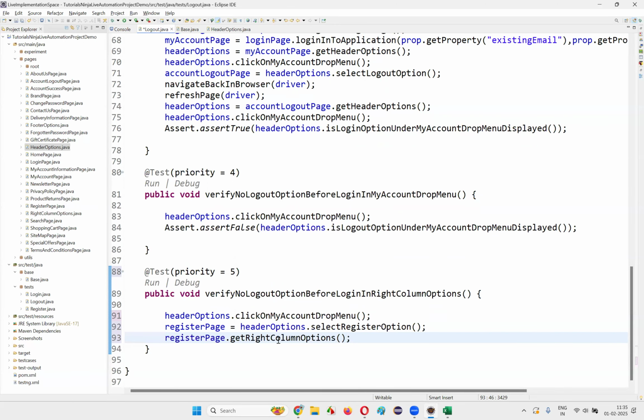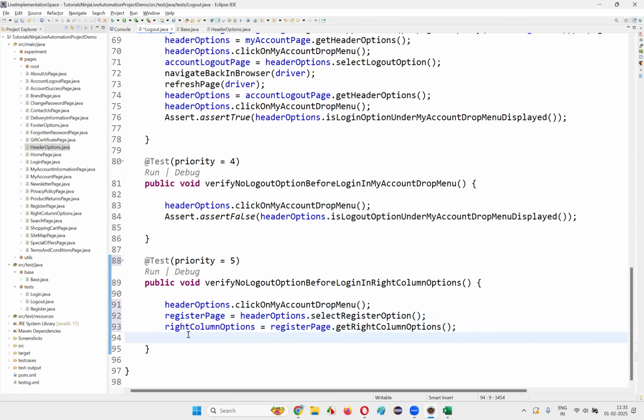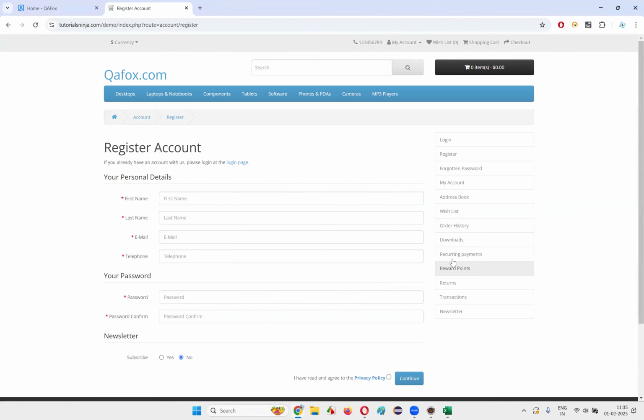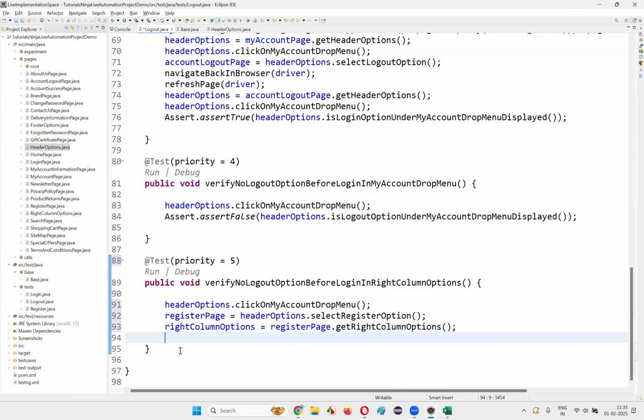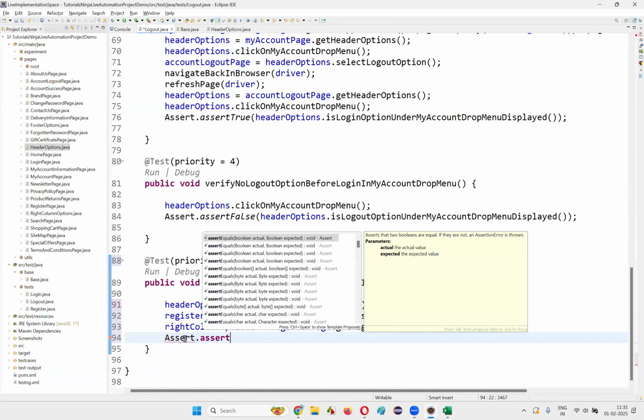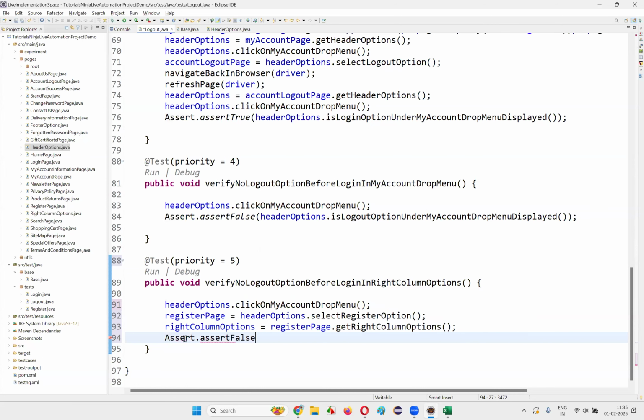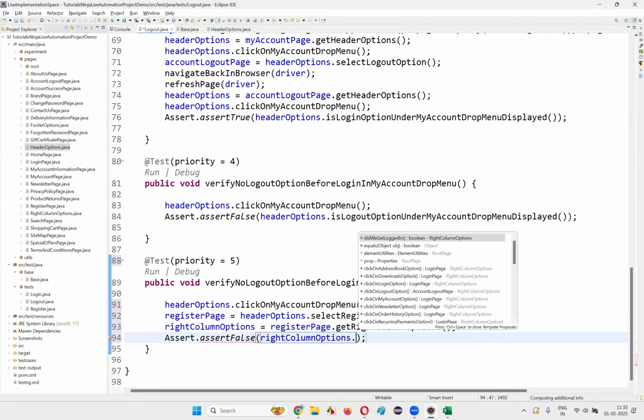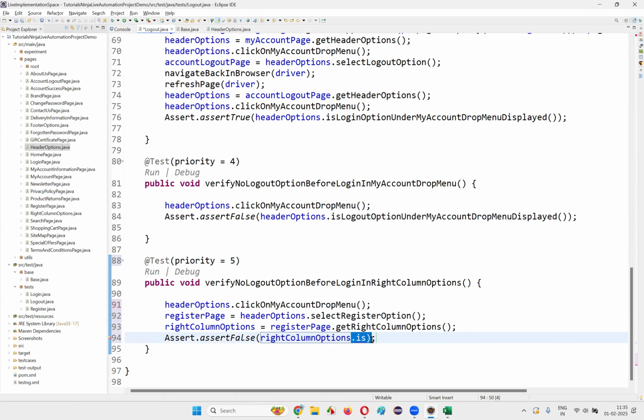Now I'll get the right column options. Right column options is equal to, now copy this right column options. And here in the right column options, what should not be there? That logout option should not be there. Assert dot, here assert true or assert false I need to write. That's assert false. Now you got it right. Right column options dot is logout option